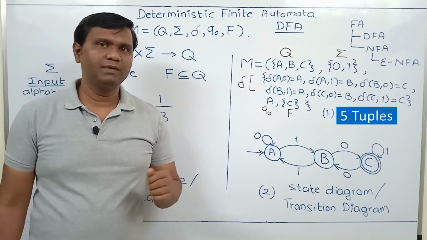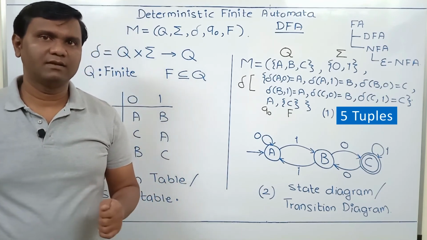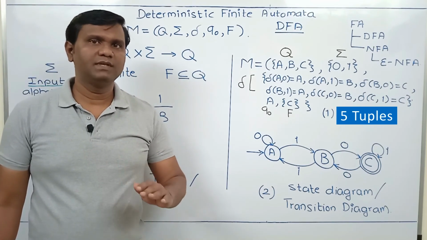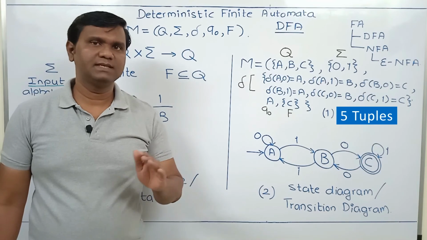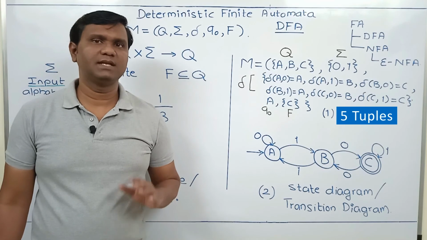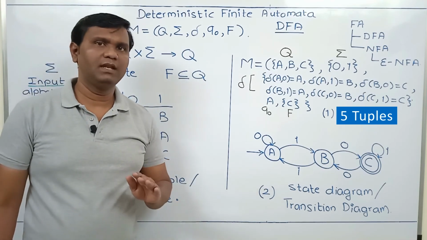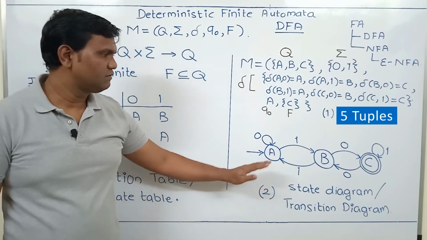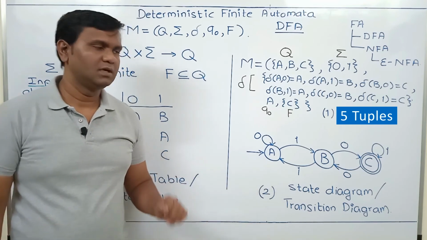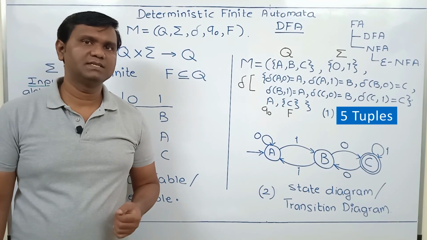When we study PDA, we will see that PDA has a stack and the stack can grow as much as possible while processing a string. When we study Turing machine, we will see that Turing machine has tapes and the tapes also can grow as much as required while processing the input. But finite automata does not have any external memory element. It has a finite number of states which can hold finite or bounded information. So this is finite automata. It is deterministic. That's why it is called deterministic finite automata.